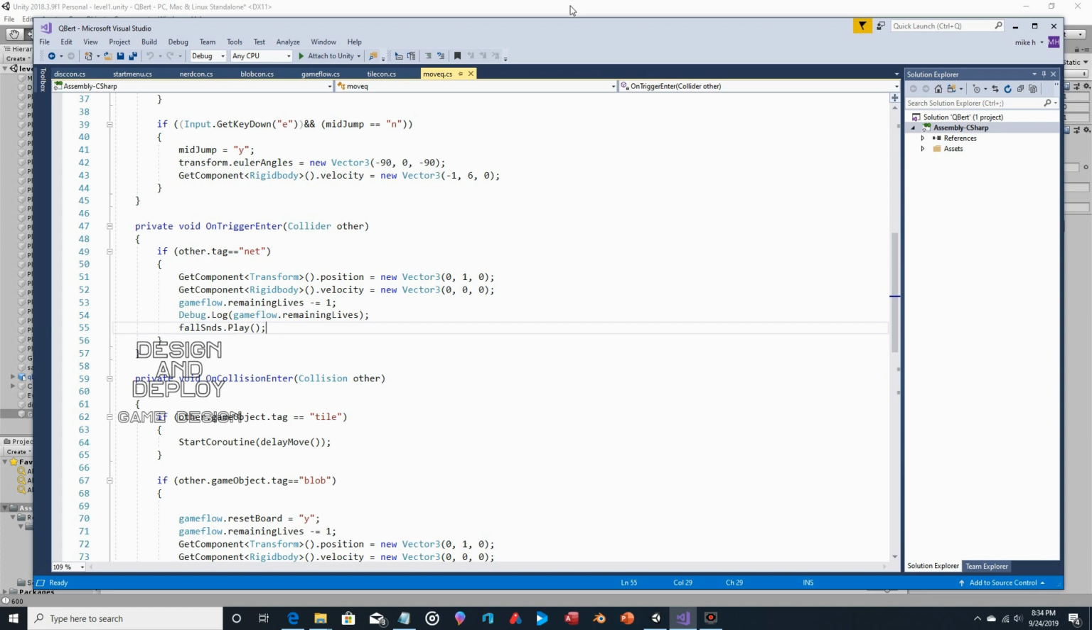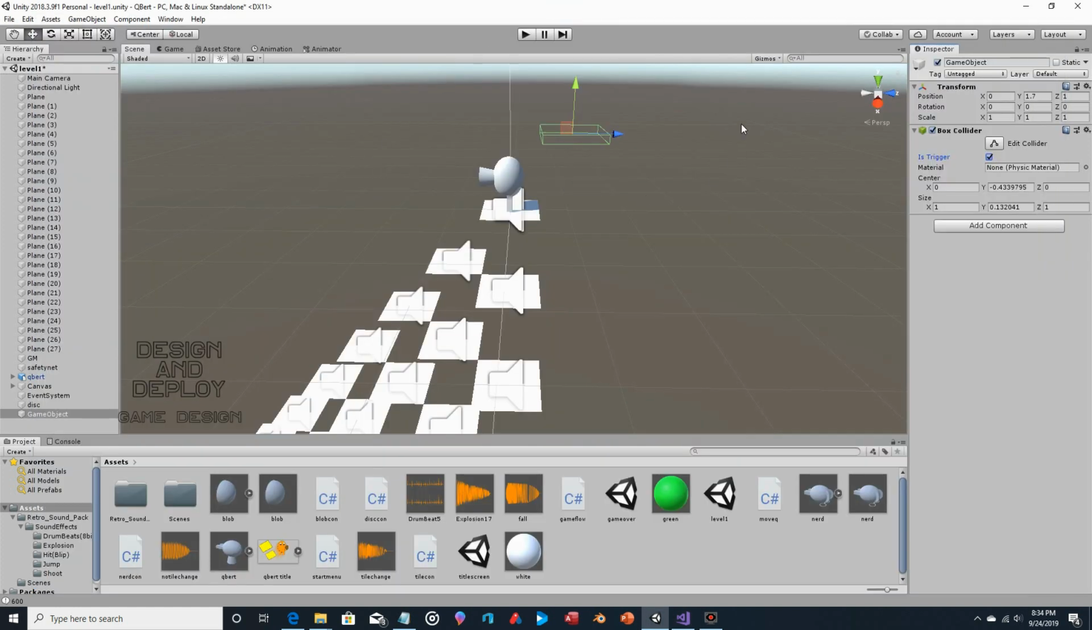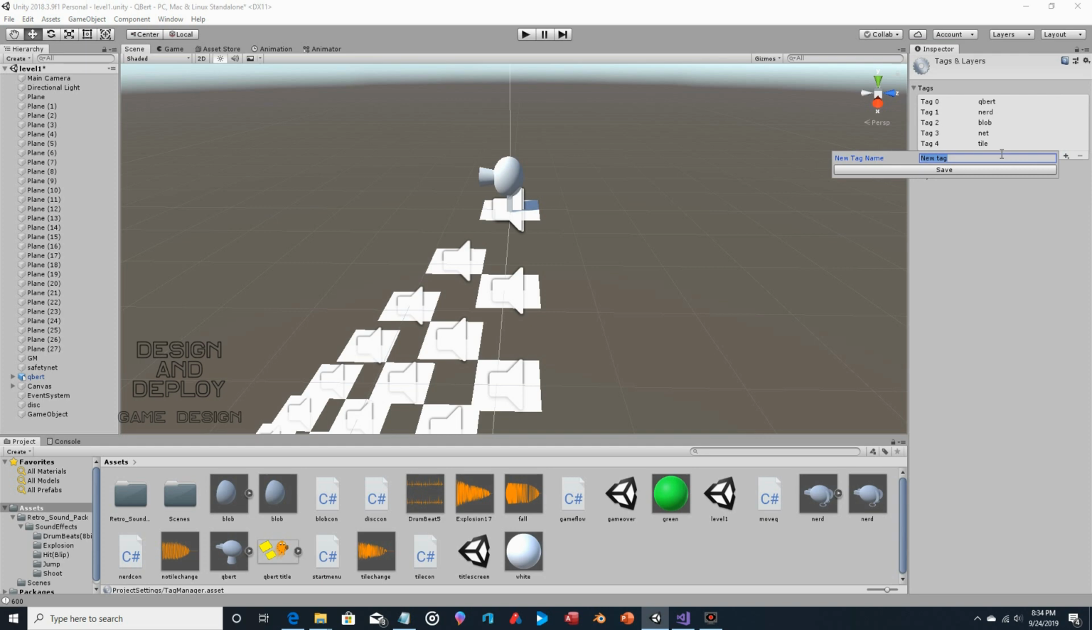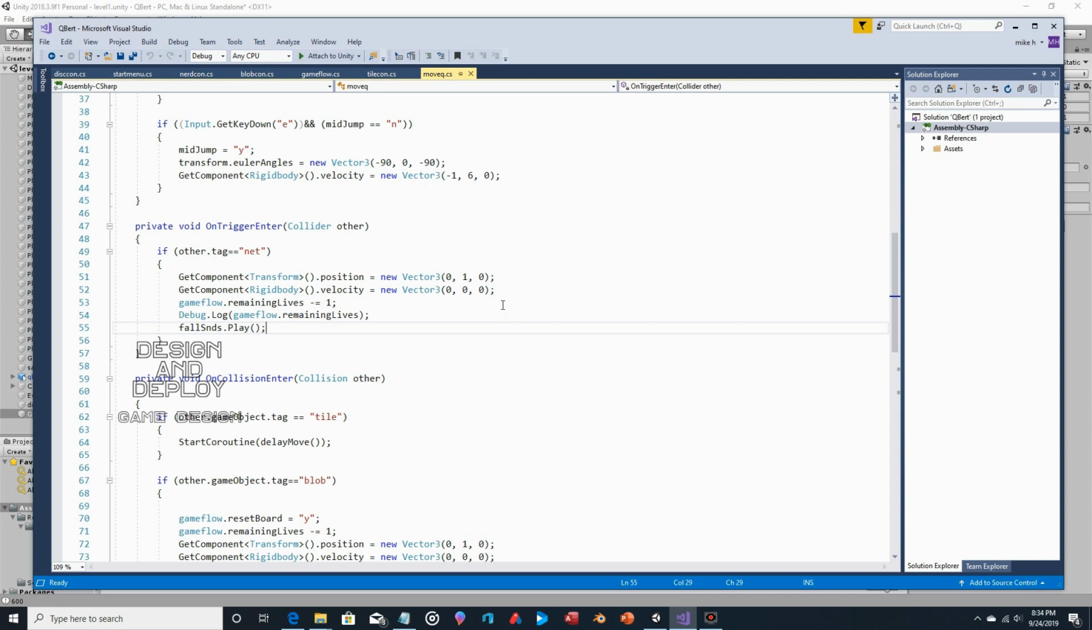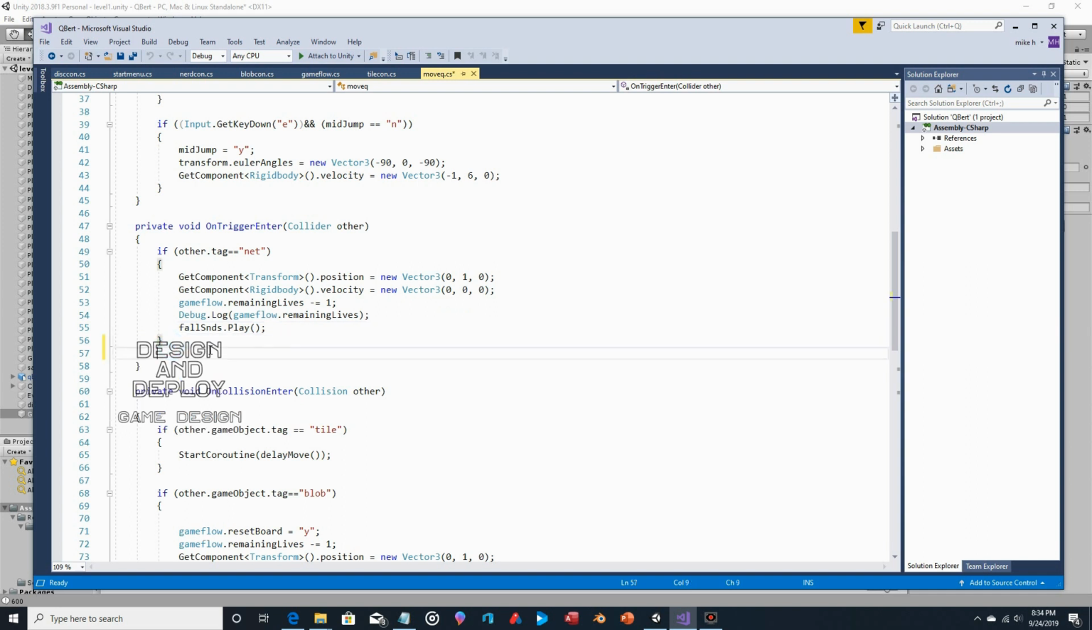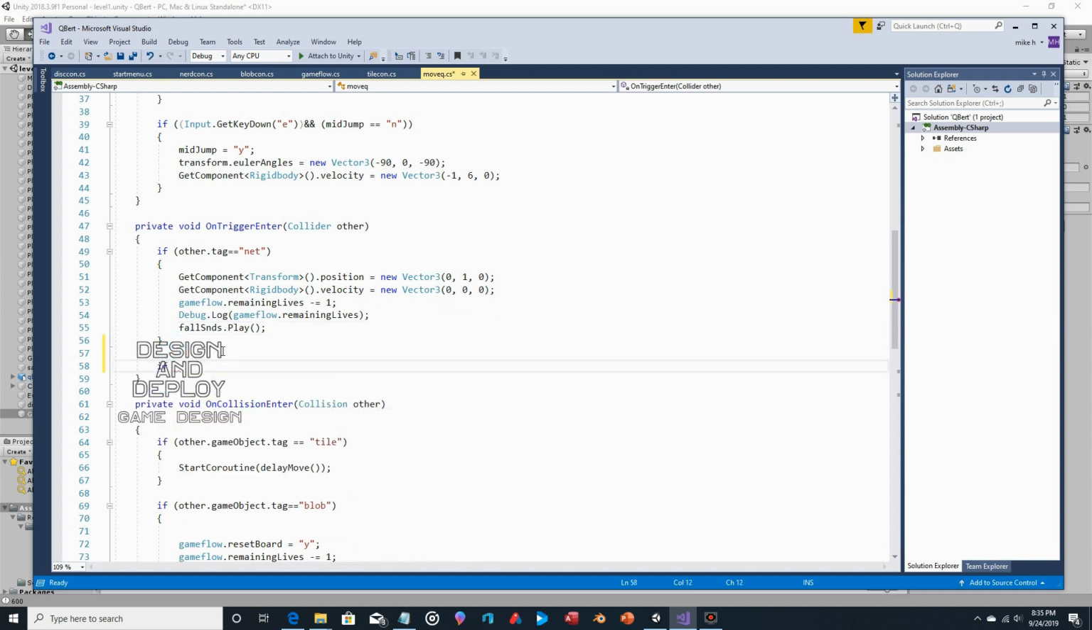So we are going to have to give this a designation. So let's go to tag, add tag. We'll just call it top. And then we'll click on it again and choose top. So if other dot tag equals top,